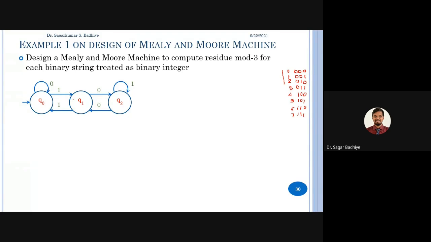But here now we are talking about Mealy machine, so there won't be any final state. Now we want that output should be produced. So I have told you the logic to add output. Whenever I am moving towards Q0, output shall be 0. Whenever I am moving towards Q1, output shall be 1. And whenever I am moving towards Q2, the output shall be 2. Okay, so we add outputs like that. So this is our Mealy machine for computing residue mod 3 of a given binary number when it is stated as an integer.